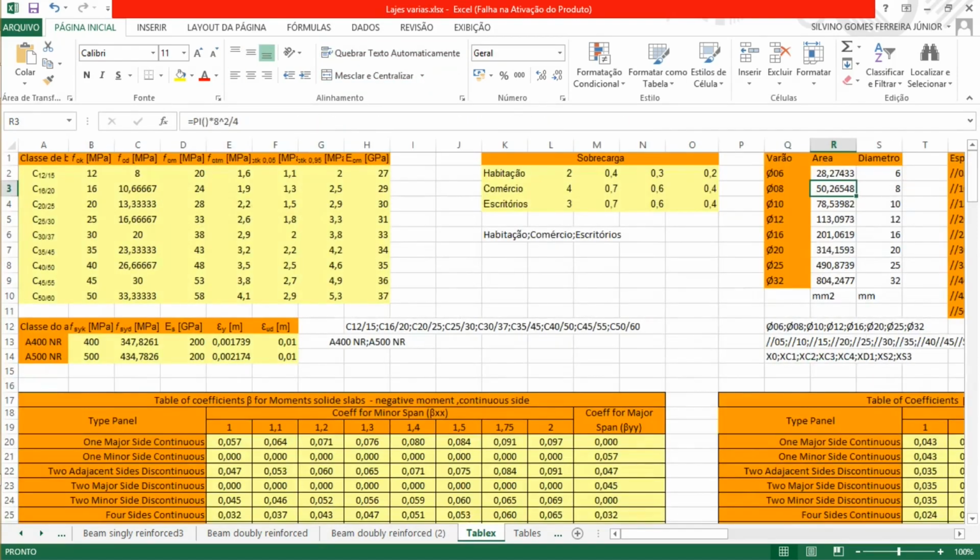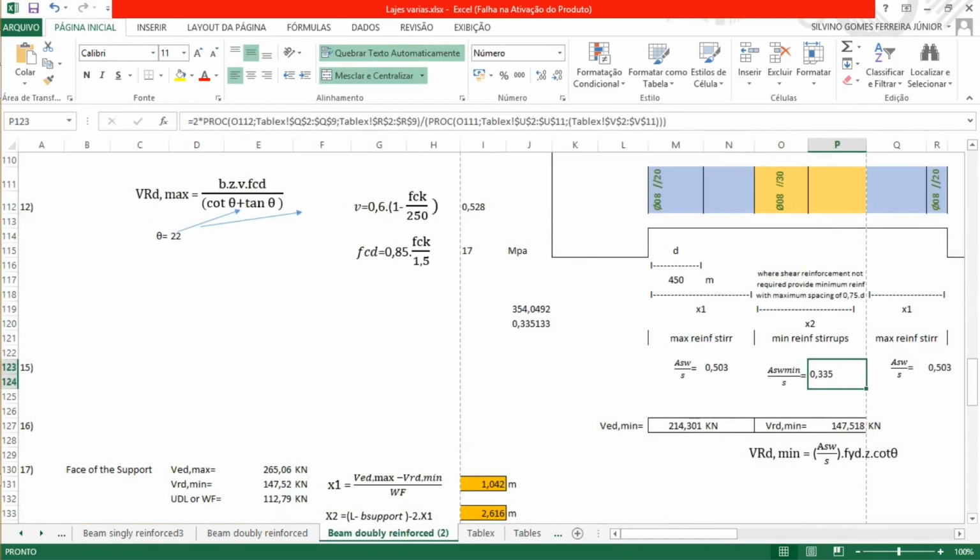50.26, so we multiply 2 by 50 over the spacing. We are using 300, what gives us 0.335 square millimeters per meter. Square millimeters on top, meters on the bottom will give us this ratio. Okay, the other side is the same ratio as here, still the middle is different. So after this,